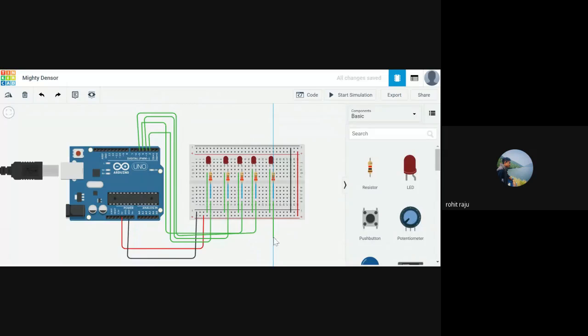This is the last LED connection. Actually, I'm making these breaks in between these wires.